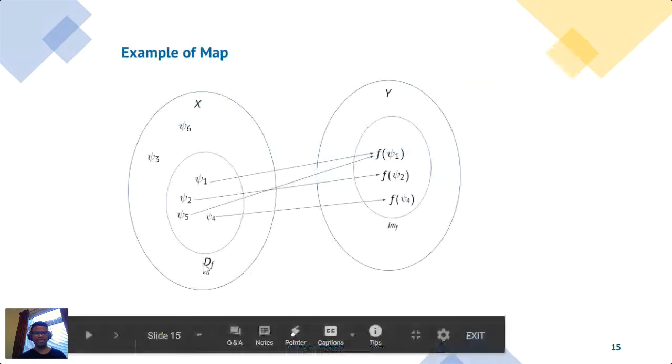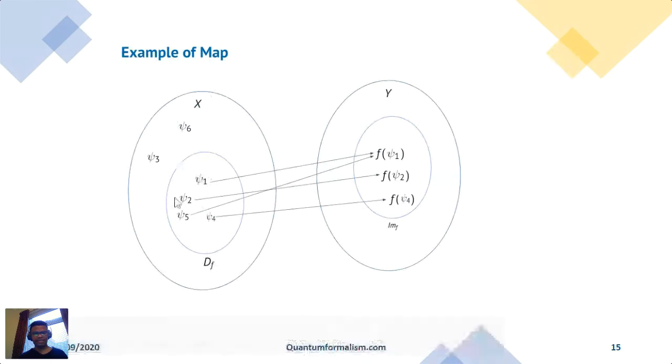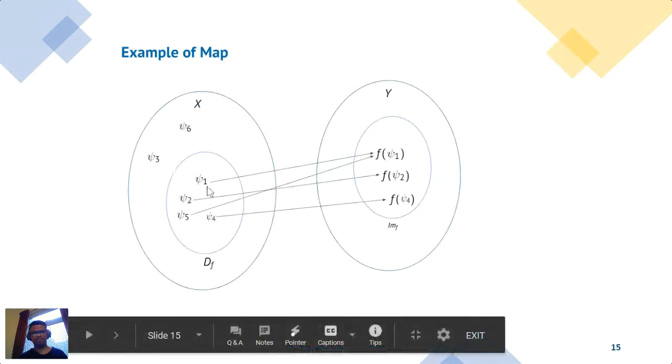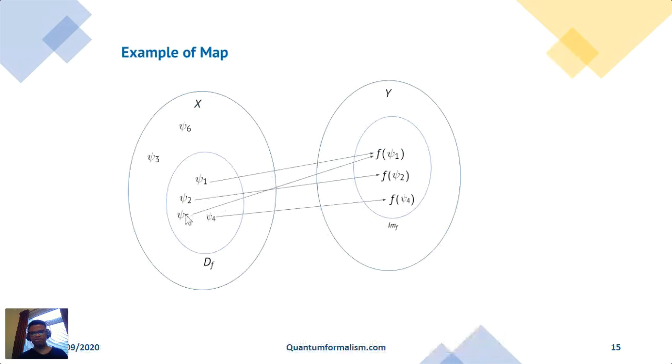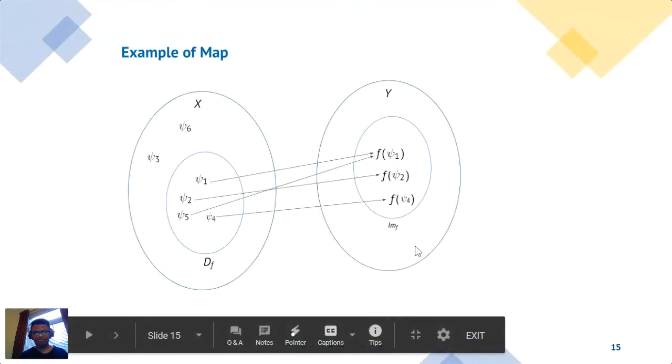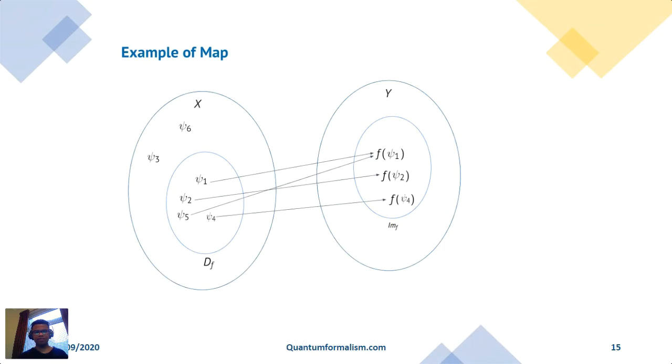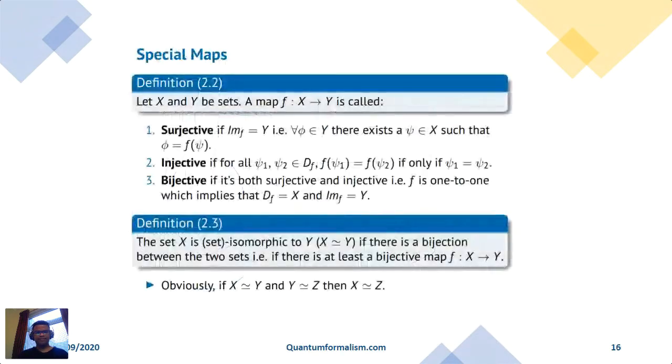It's just another kindergarten example. So you have the set X, you have the domain, and you can see there are some elements here that are left out. So F doesn't cover these elements, but it covers this. And you can also see that we have two elements corresponding to the same element in Y. This can happen. So this motivates us to go to the next definition, which is this one.